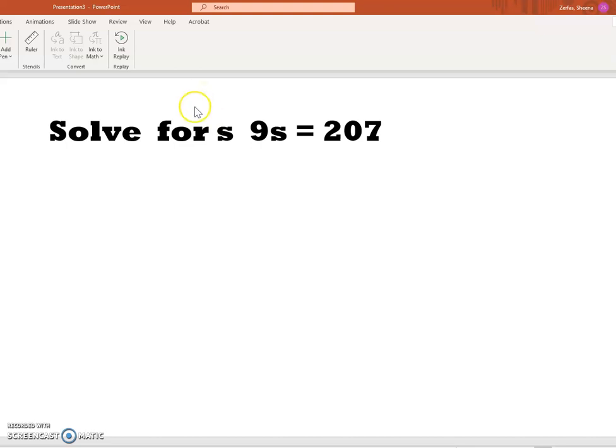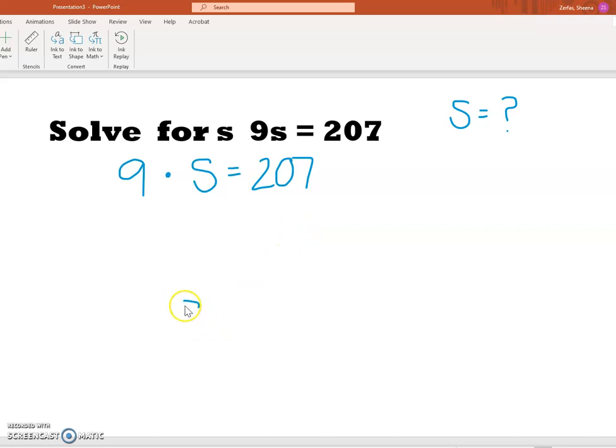Inverse means opposite. So when I go to solve this equation, I'm going to rewrite this as 9 times s, because 9 is a coefficient. I want to identify what is being done to the variable. So in this problem, s is being multiplied by 9. And I want to figure out, again, s equals what number? So my goal is to get s all by itself, which means I need to get rid of